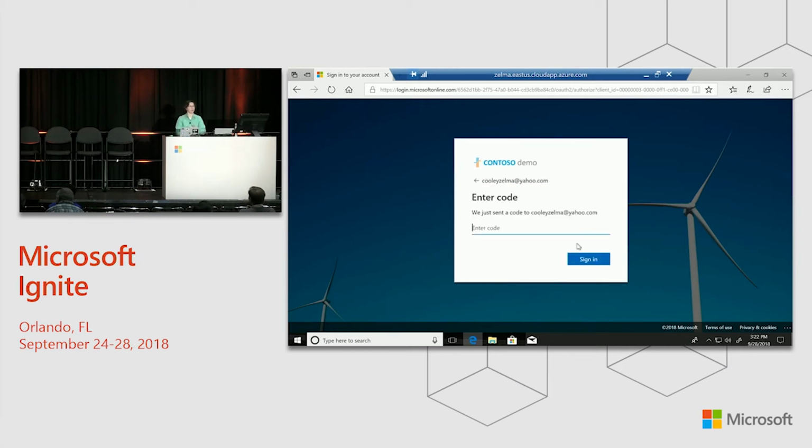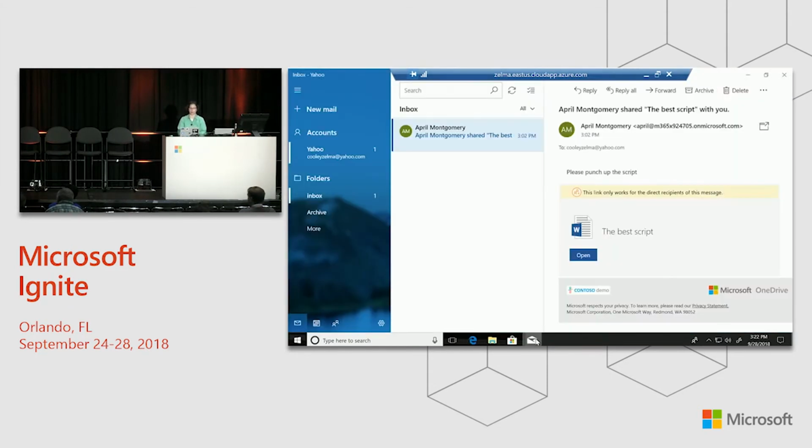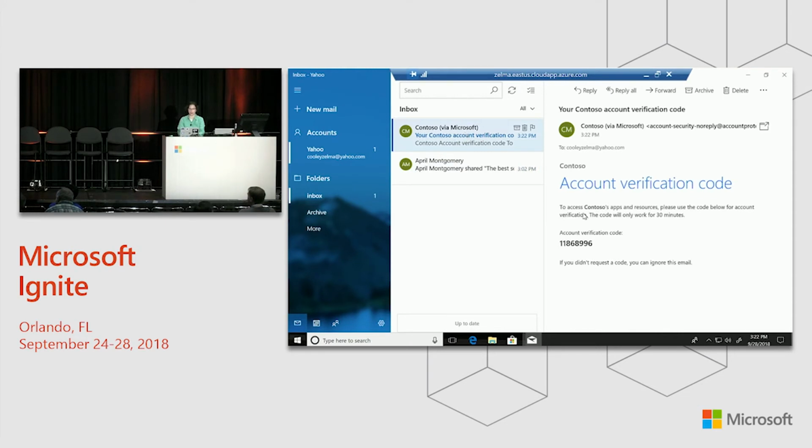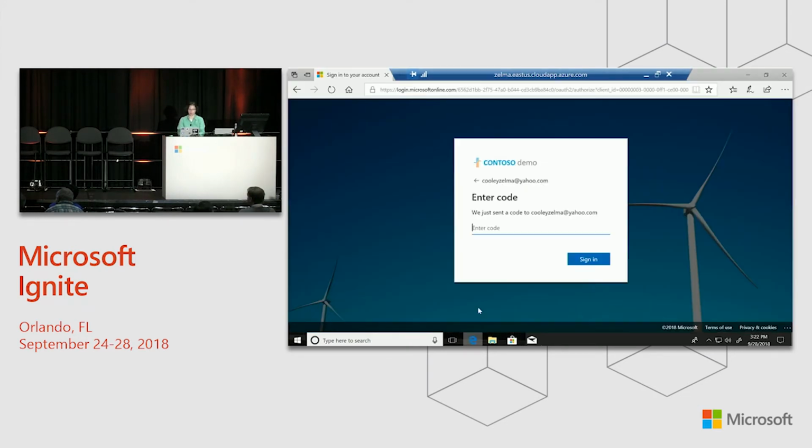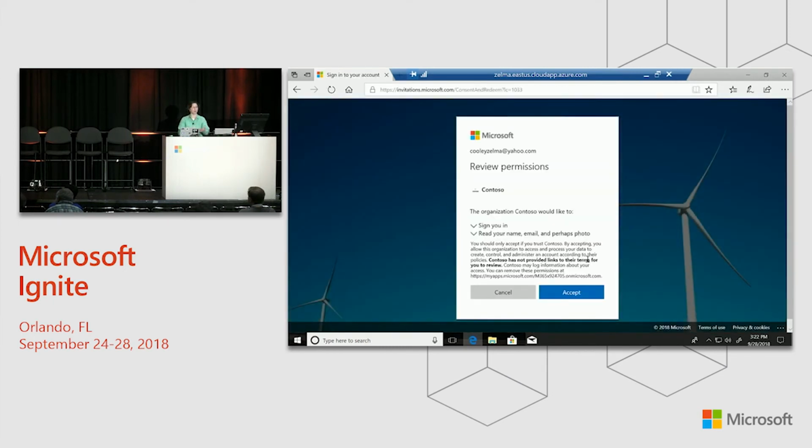And now we recognize that we don't know how to federate, but we do know how to send her a code to her email. So we send her a code. She'll go back to her email, and she gets this verification code, which she'll copy, paste in, and that gets her through the authentication step. She's now fully authenticated,